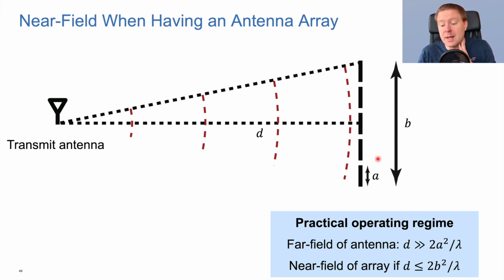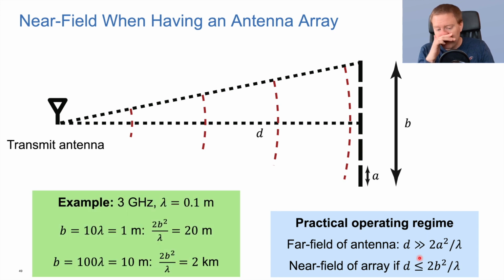So this is the Fraunhofer distance applied for every single element. But if you apply the Fraunhofer distance instead for the entire array here of b, we get 2b squared divided by lambda. And we can be in the near field of the array if the distance d is smaller than this number. To give you some example, say that we are at a 3 GHz carrier frequency, where the wavelength is 0.1 meter, and we have an array which is 10 wavelength long, which is 1 meter. In that case, we have a Fraunhofer distance for the entire array, which is 20 meters,